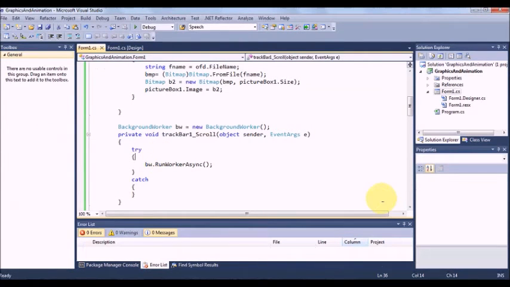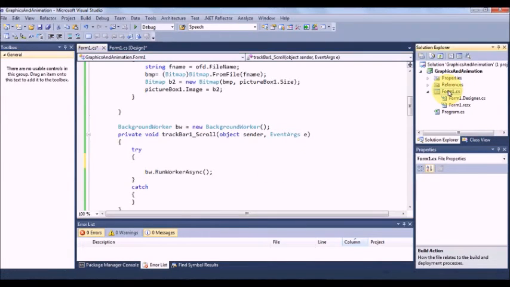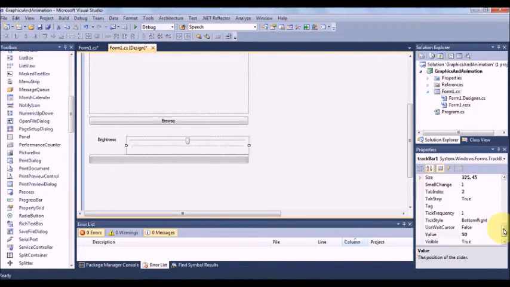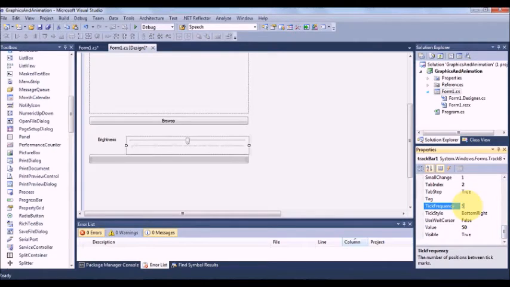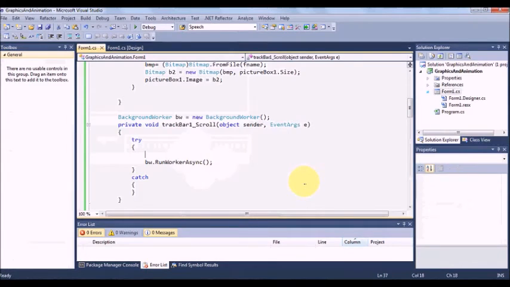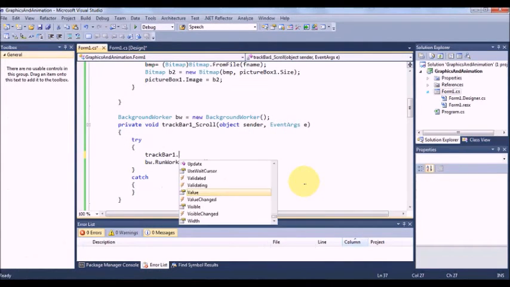So make some changes. Okay, track bar's scrolling label, that is tick style bottom right, size, step size, tick frequency. Let me take it in terms of 5, and first track bar 1 dot